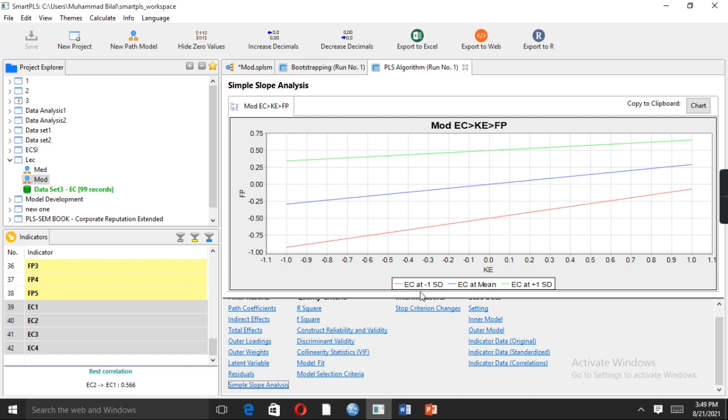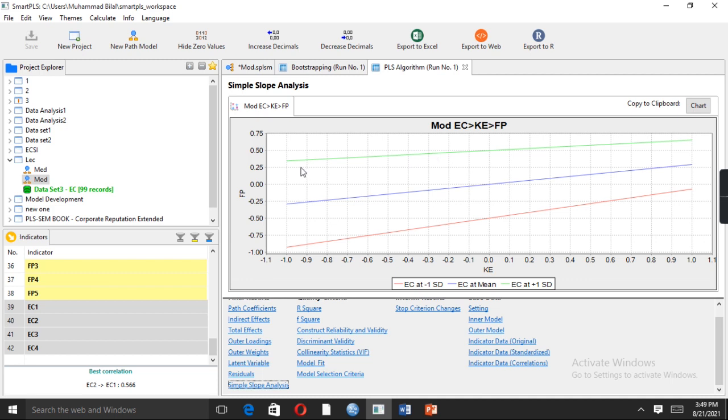The red line shows when the value of environmental consequences, our moderator variable, decreases. So this slope pertains to when the value of the moderator variable decreases.